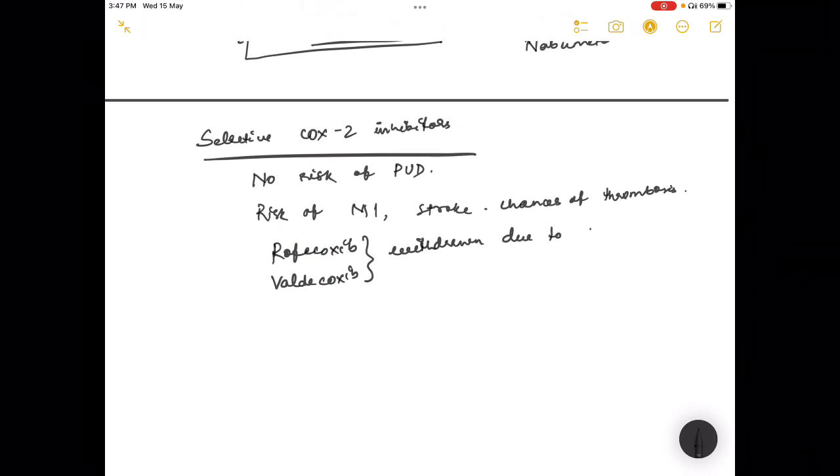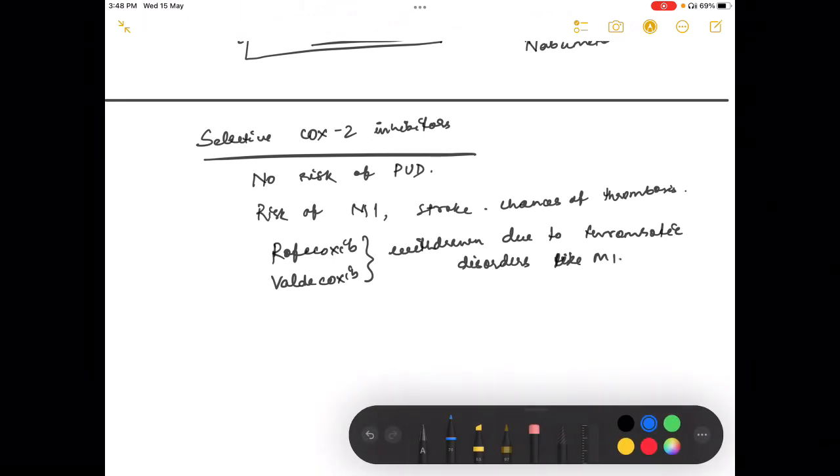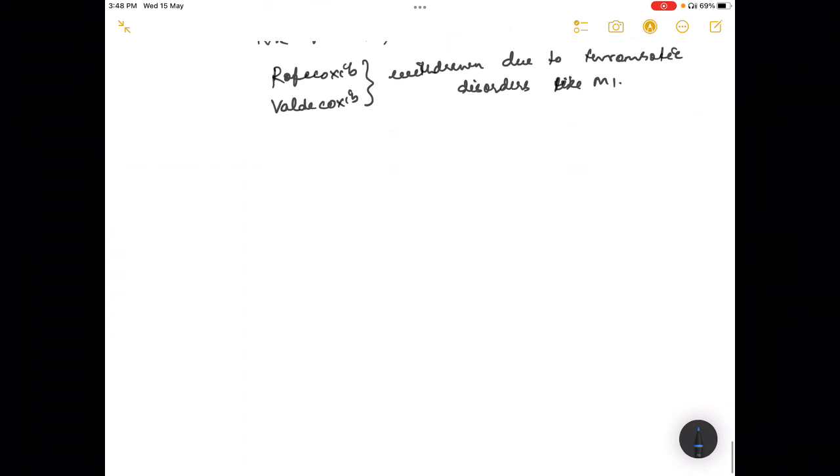due to thrombotic disorders like MI, that is myocardial infarction. The other drugs which are in use now are celecoxib, etoricoxib. You can remember these drugs by the suffix coxib. Celecoxib, etoricoxib,